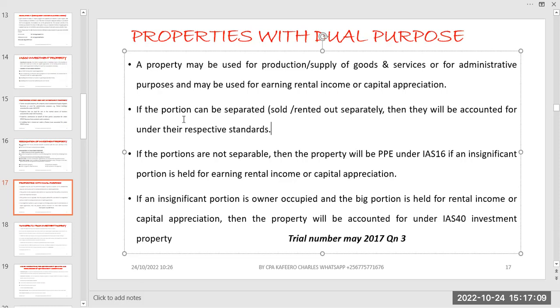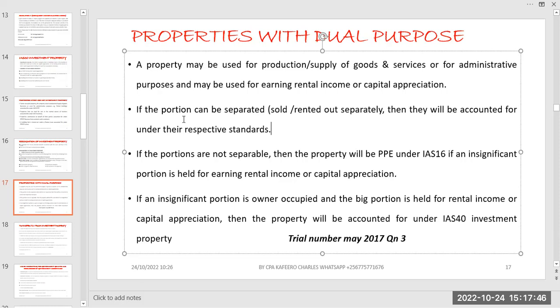Then there is also a scenario whereby you can't differentiate these assets. Like you may find it is all on level 1, but on level 1 there is a portion for rental, a portion for administration or a branch, a portion for other things. Then that's where the scenario becomes tough, and we are saying that if the portions are not separable, then the properties will be